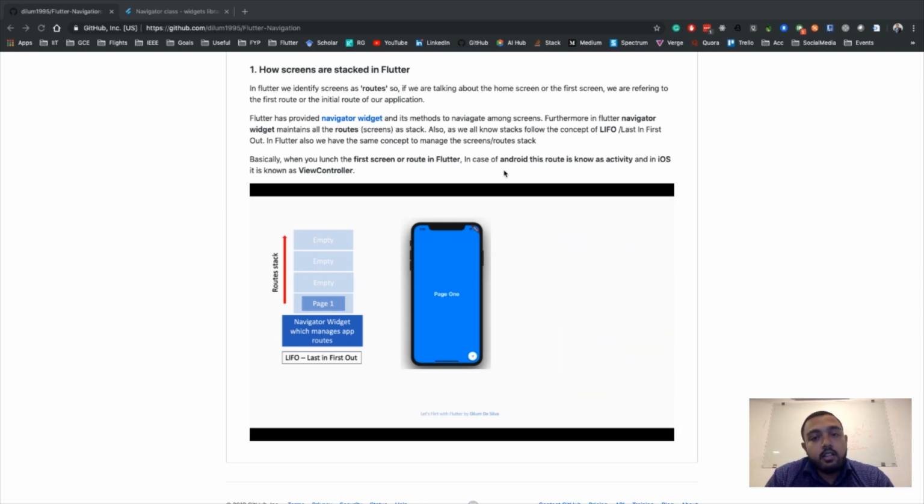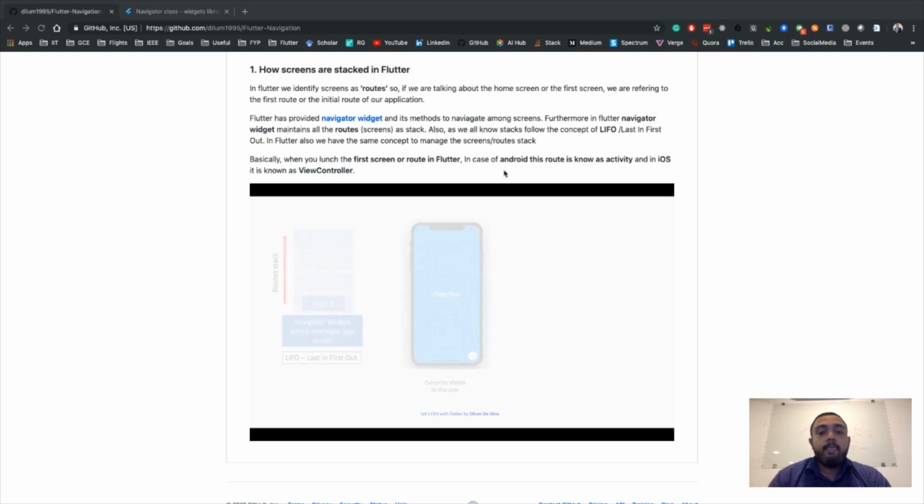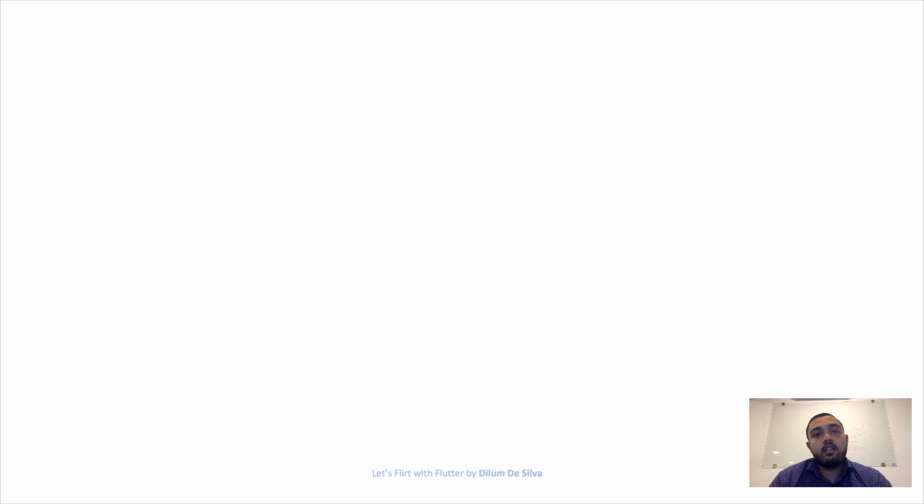So in Flutter they use this widget stack, or the route stack, to maintain navigation between two screens or between multiple screens. To get a very brief idea about how Flutter manages navigation with the stack concept,